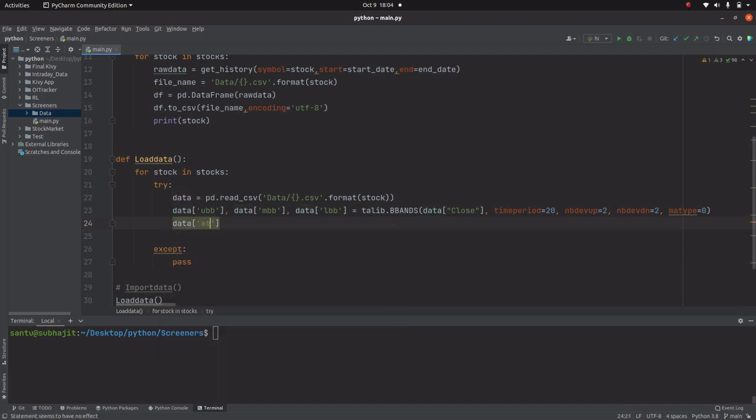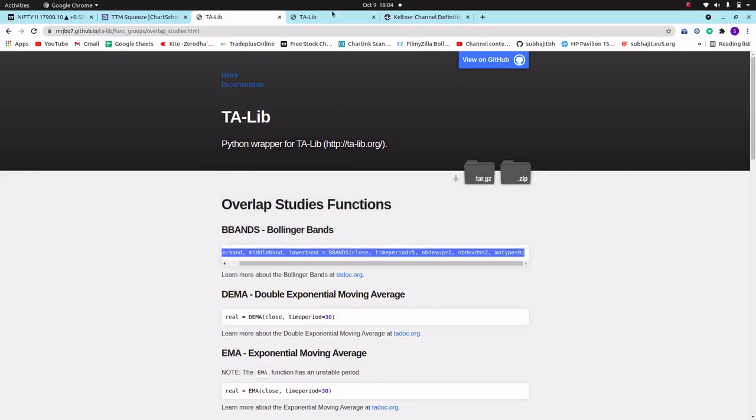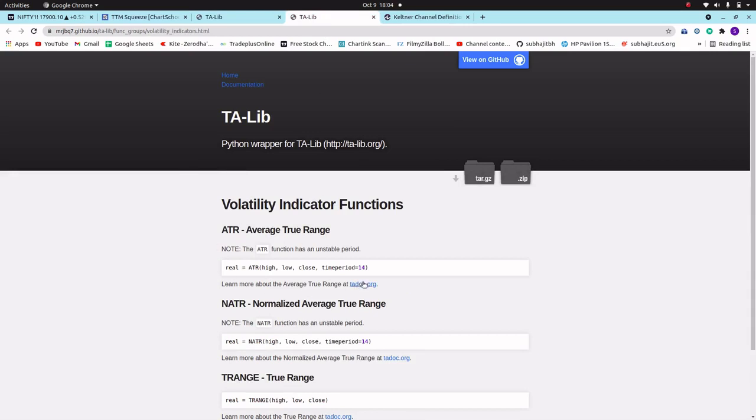Let me take ATR is equal to, let me go to the TA-Lib, and the ATR formula is here.